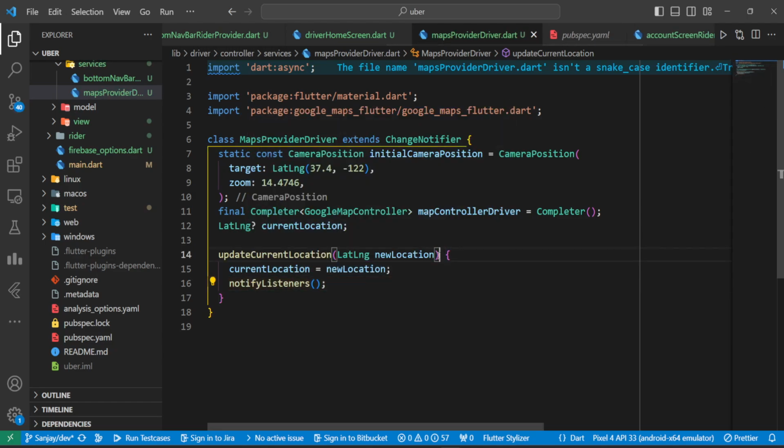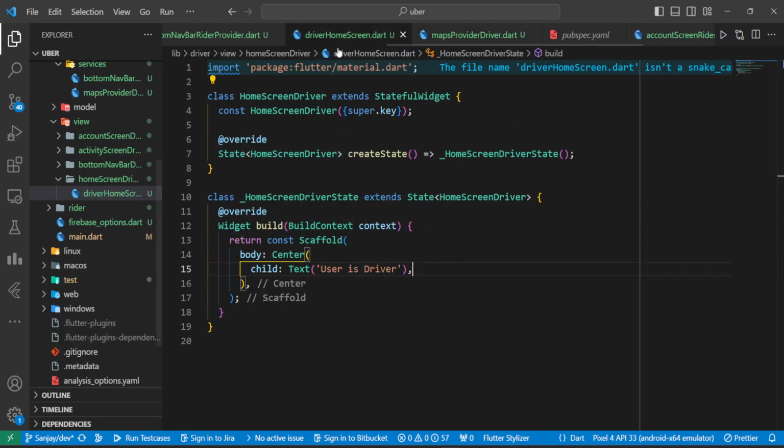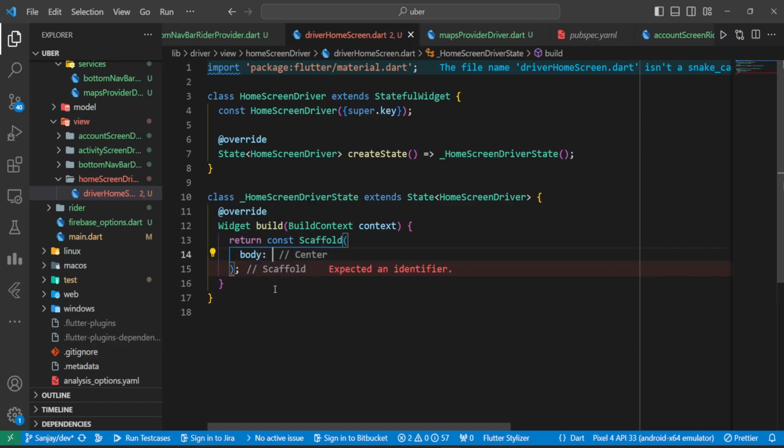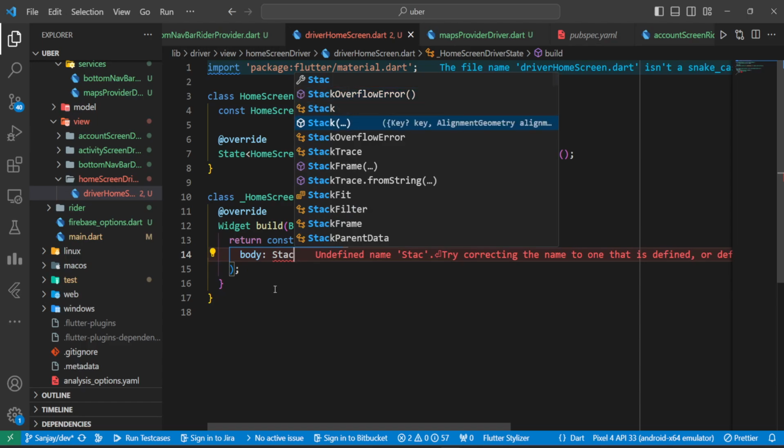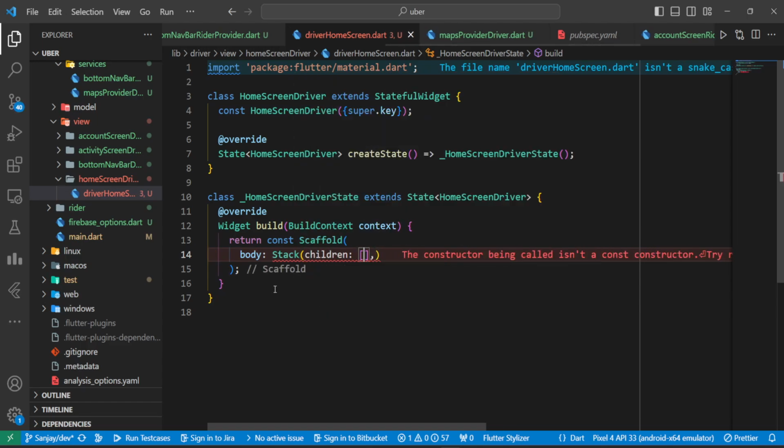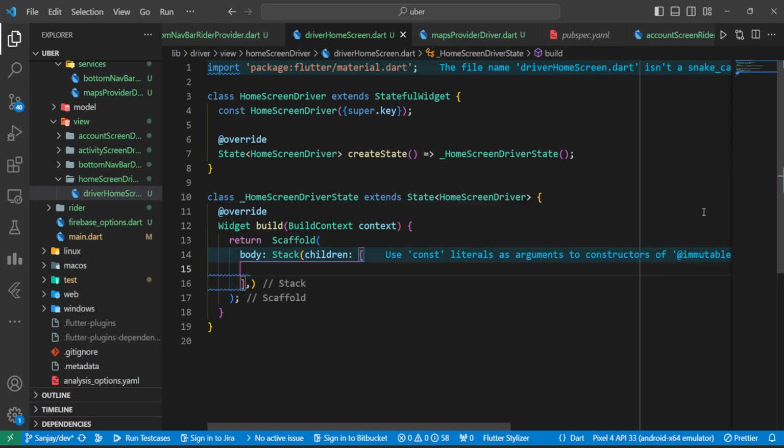Okay, so now we will head over to the driver home screen. Here we will go and initiate the map. So here in body, instead of the center, we will go with a Stack with children. And we have to remove this const. And inside children, we will pass